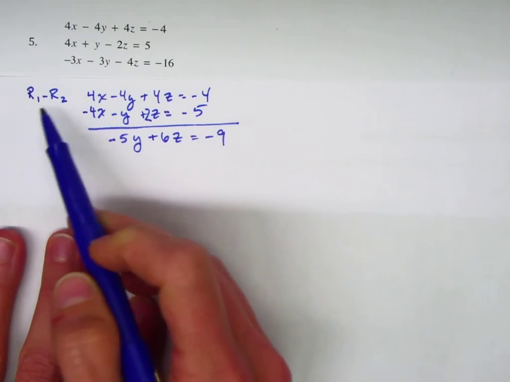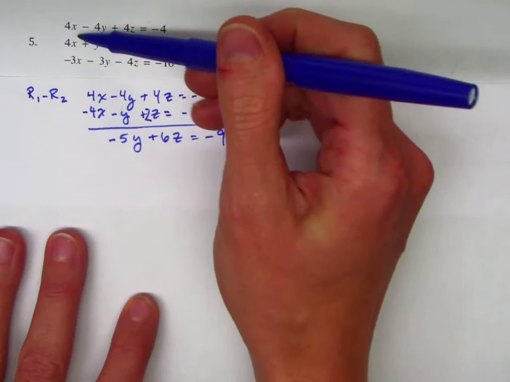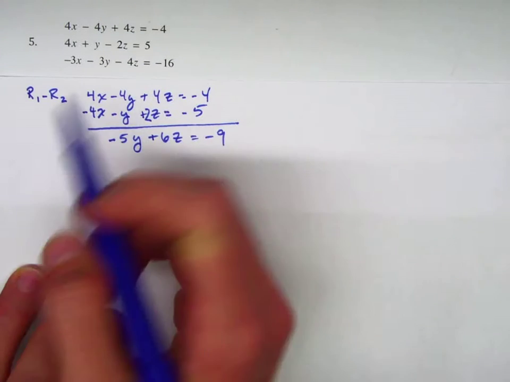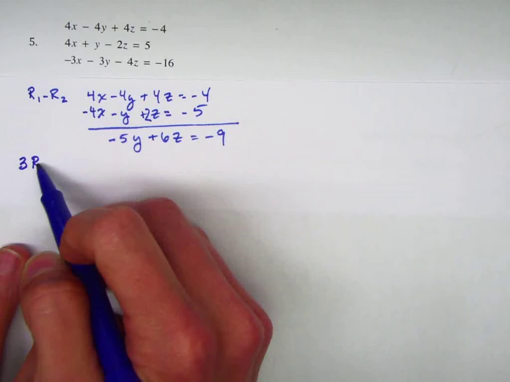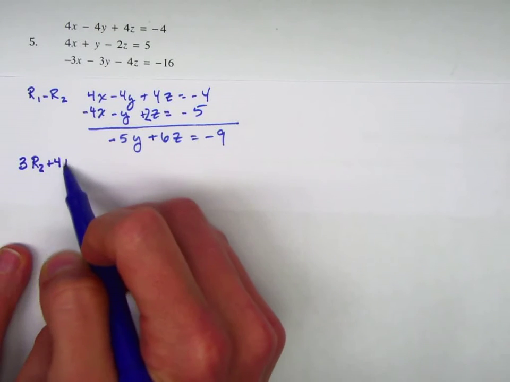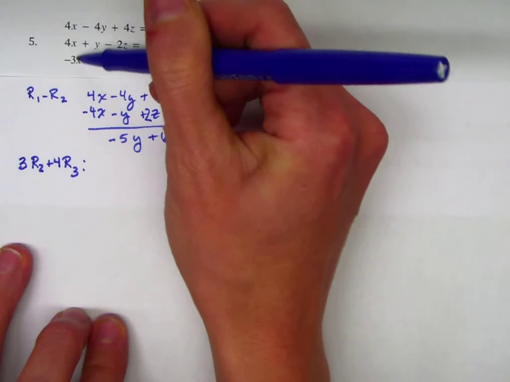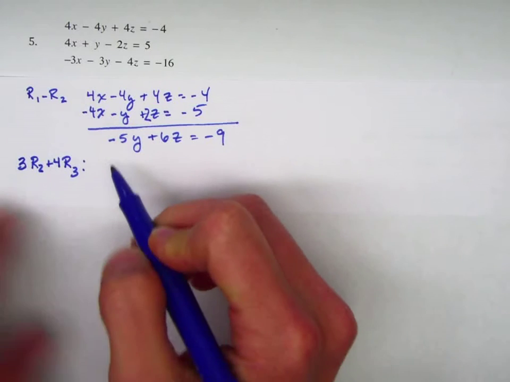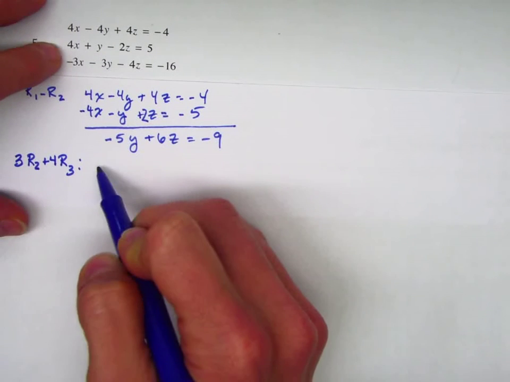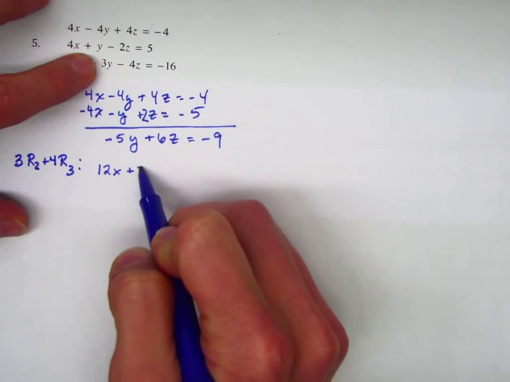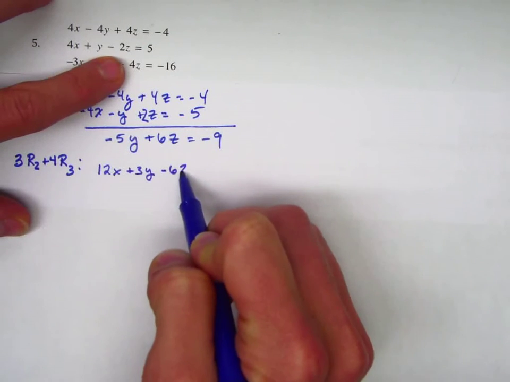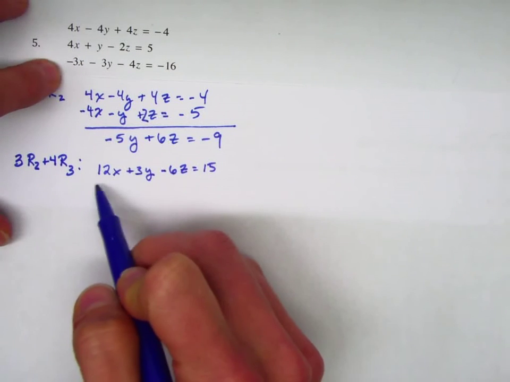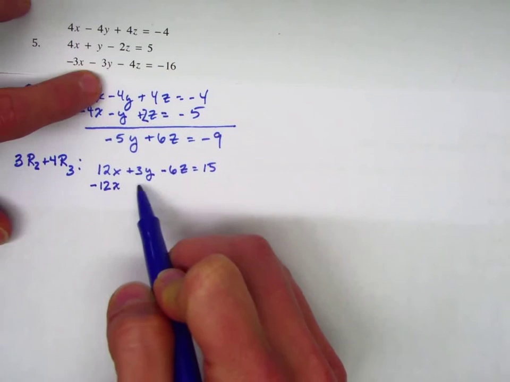So since we used row 1 and row 2, we need to use row 3 with either one of these. I'm going to go ahead and choose row 2. So what we're going to have to do is 3 times row 2 plus 4 times row 3 so that we can eliminate this. So I'll get a positive 12 here and a negative 12 here. So that's going to look like 3 times row 2 is 12x plus 3y minus 6z equals 15. And then 4 times row 3 is going to be negative 12x minus